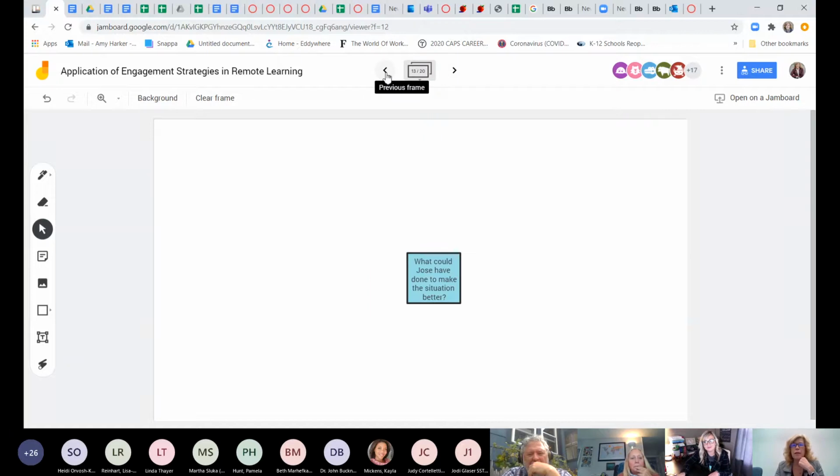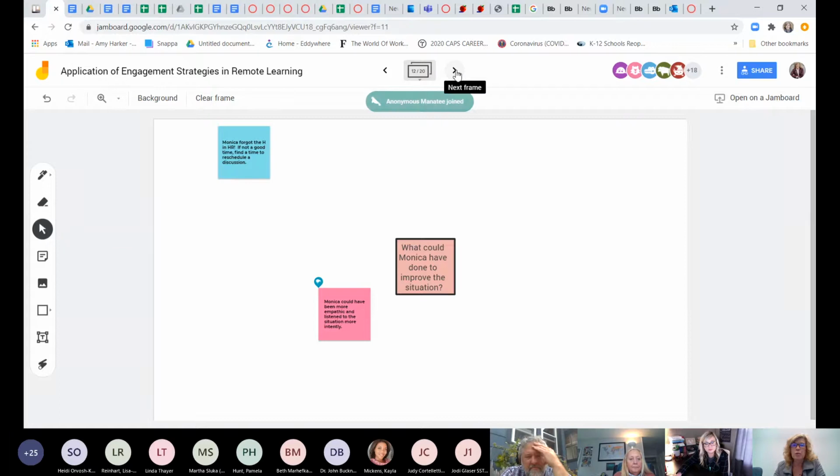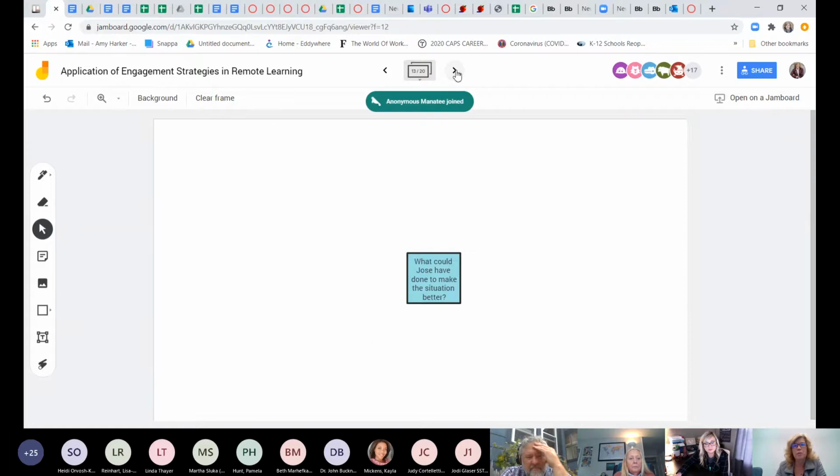So I'm going to go ahead and give you a few minutes to think that through. Everybody tear off a sticky note and put it on at least one of the boards. And then we're going to talk about what you could do with this as far as a career readiness activity for students. This could also be done with staff. If you have something you want your staff to work on and you wanted feedback without having to have them talk, this is a nice way to get a lot of feedback. And you know that people are engaged because you can see the Post-it notes going up. And then what you would do after the fact, after you see the Post-it notes moving,